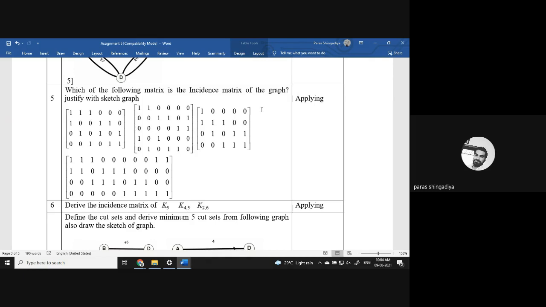For verification you have to just check every column. In each and every column there should be two 1s. If there are 3 times, or only 1 time, or 4 times, in that case we cannot draw the graph using the incidence matrix. All columns must have the entry 1 exactly two times. If it is not so, then it is not possible to draw the graph. Is the verification case clear?